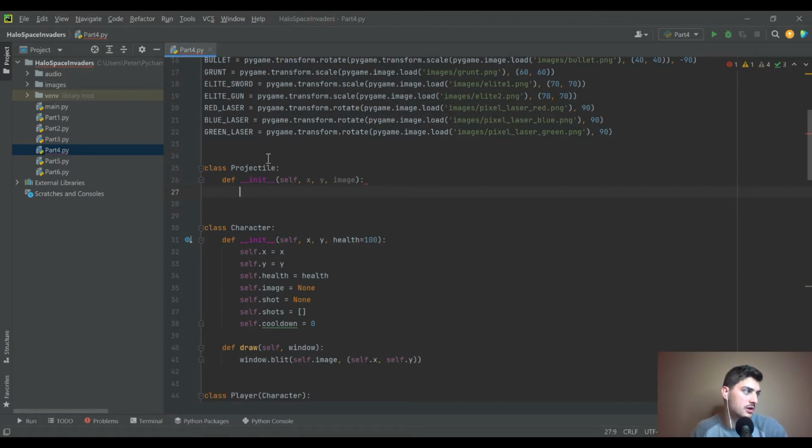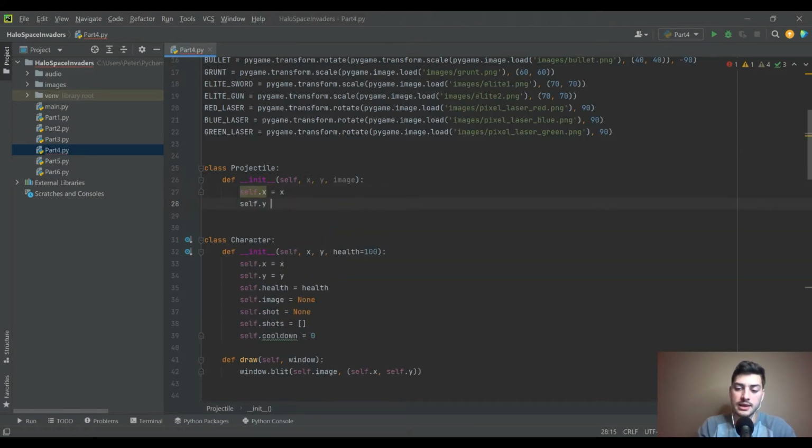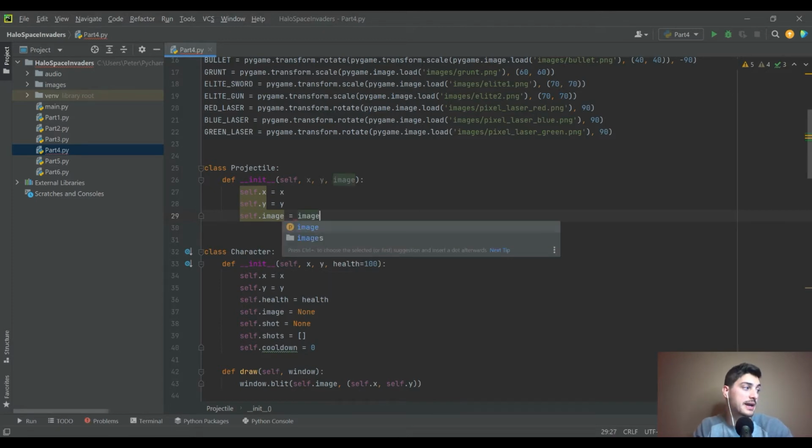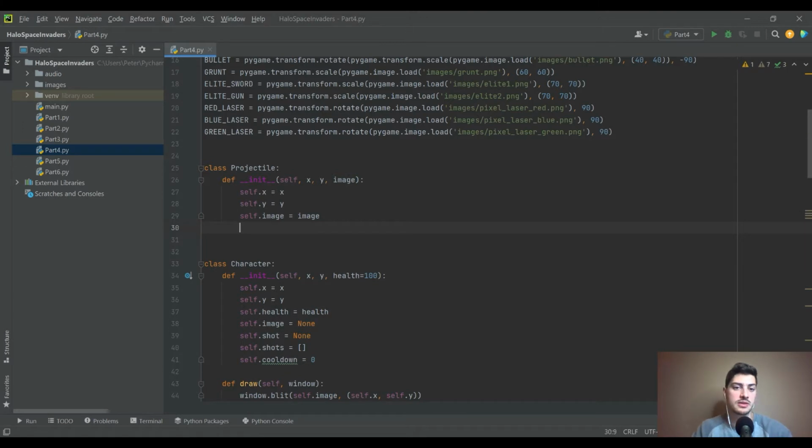Okay, so we're going to start with that for our init, and just like before, we're going to use self.x equals x, self.y equals y. What we're doing here is creating internal variables that reference those things that are getting passed in at the beginning. And since we are going to be checking collision just like with the players, we're going to want to set up a mask. So we'll say self.mask equals